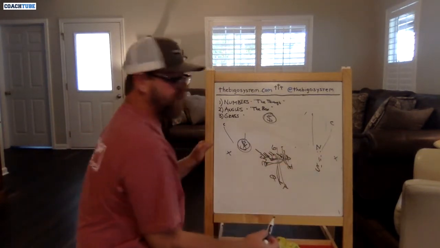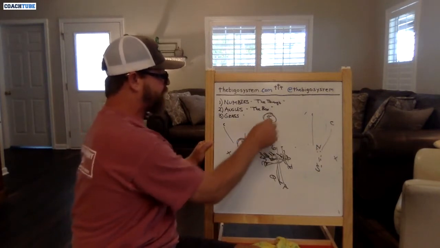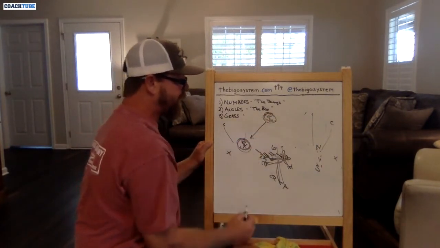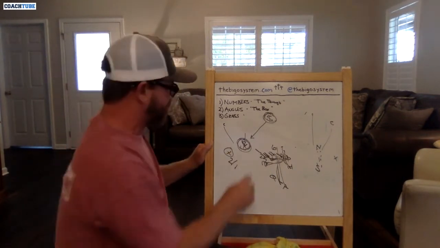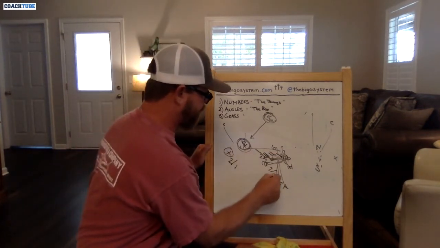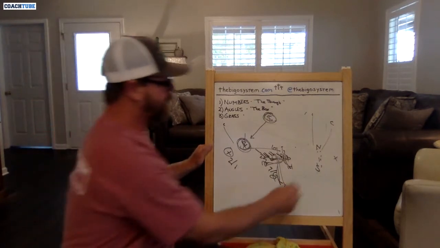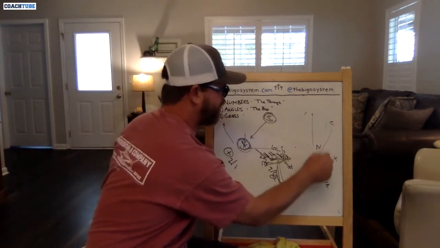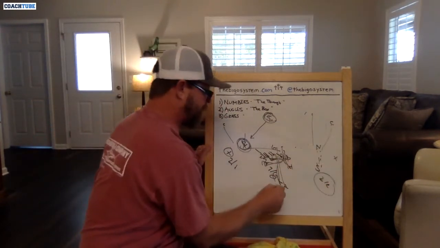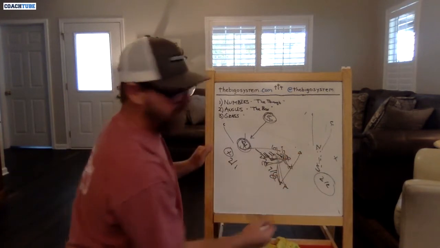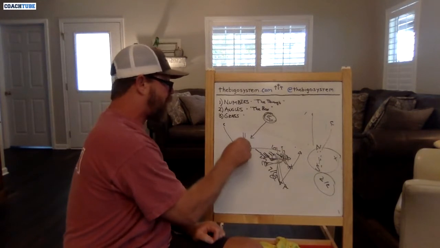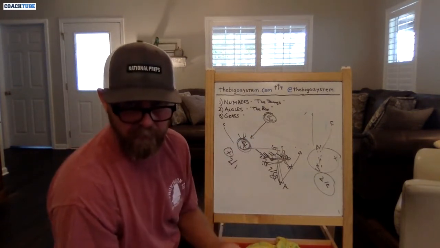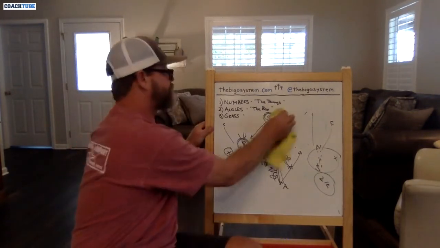If he's in his alignment, what we tell our guys is, if it rolls weak, that means it's 2-on-1 over the boundary X. It's 7-on-6 here in the core, and it's 2-on-2 over here to the field. We need to be running the ball this direction or throwing one of these tags that we have if the play call was called into the boundary. And then finally,